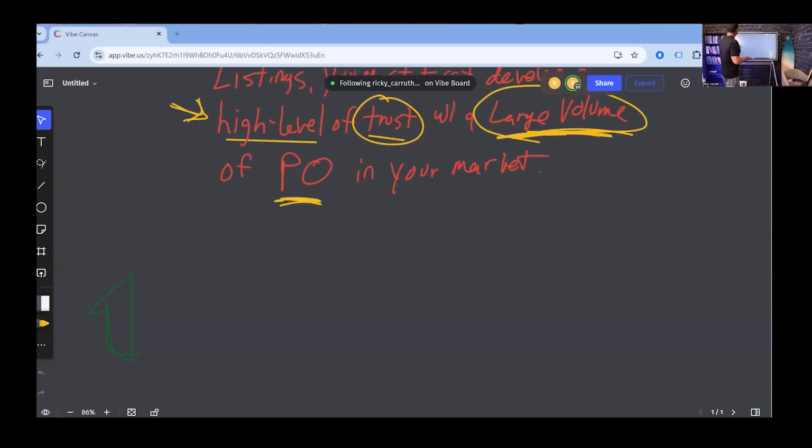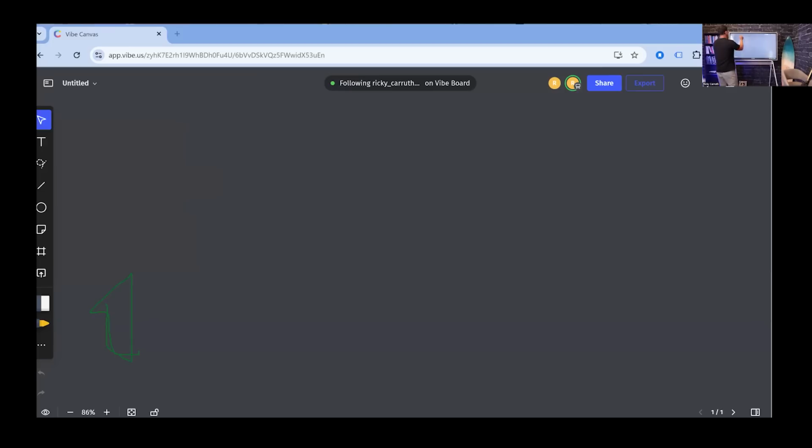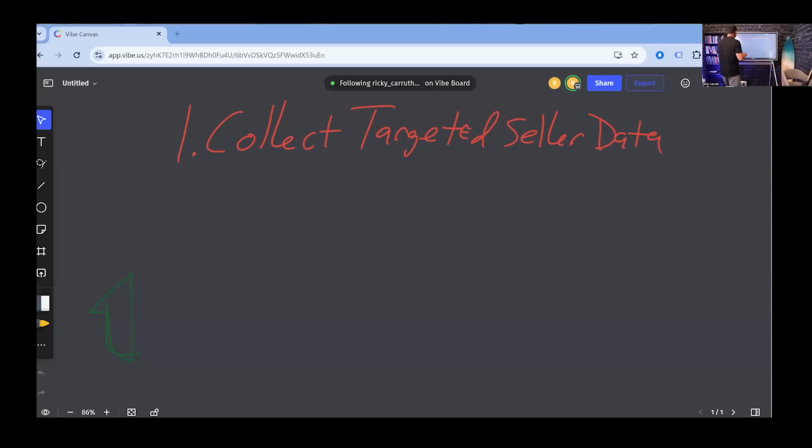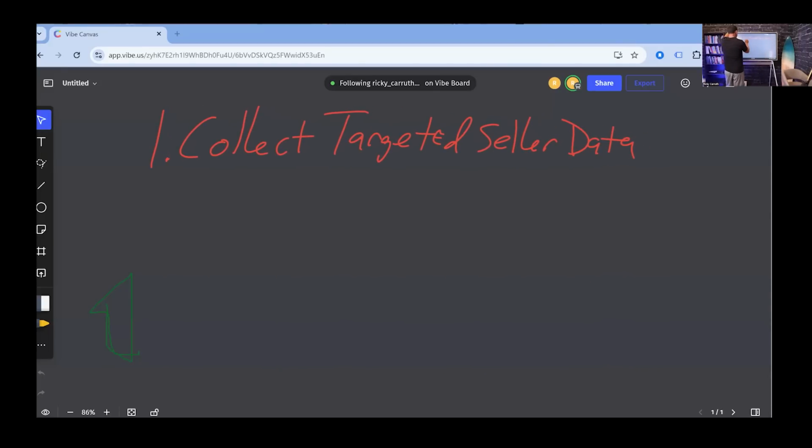So when we come to this first step, the first step, collect targeted seller data. Okay. So when you think about collecting targeted seller data, let's just talk about the big three, I want to call it. Let's talk about the big three. Okay. Let's just say social media, prospecting,